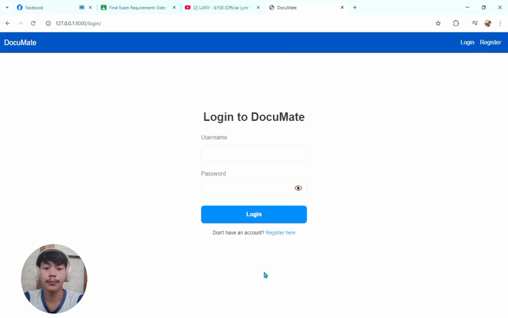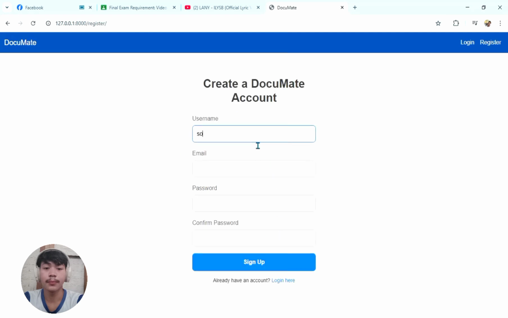Now, let's test our web system and see how it functions. Before we can log in, we need to register first.